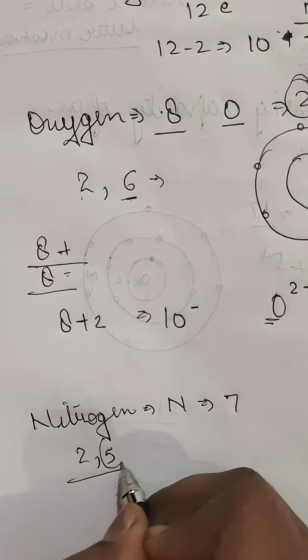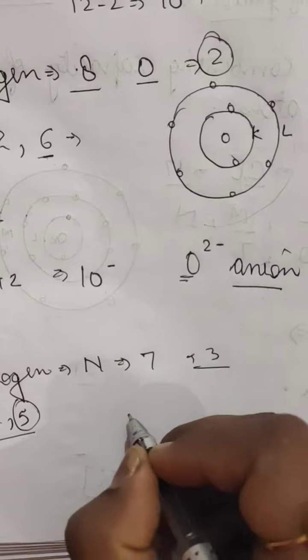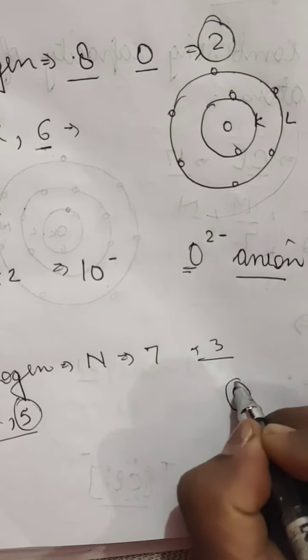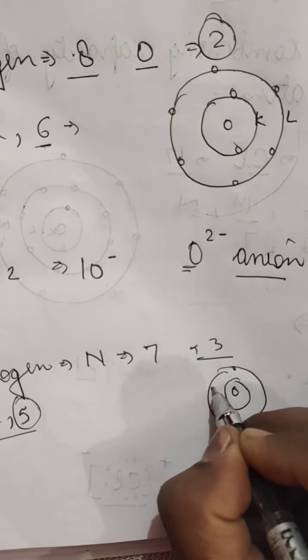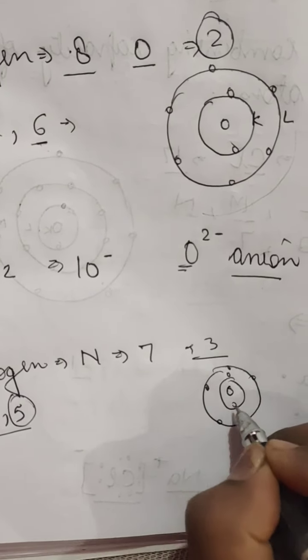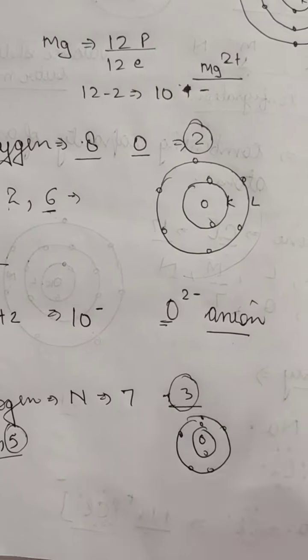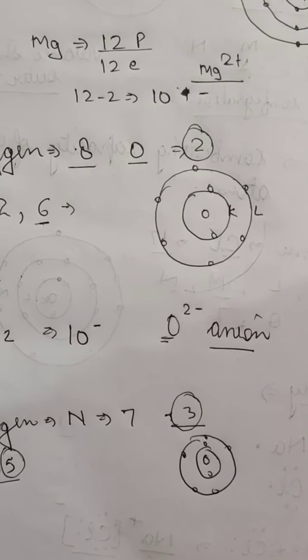5 is not the valency of nitrogen, but its valency is 3, because it needs 3 electrons to complete its octet structure. It has 5 electrons, so it needs 8 electrons. So 3 is the combining capacity of nitrogen, so the valency will be 3. Now that has been given in your NCERT book. You have to go through your book and learn these.